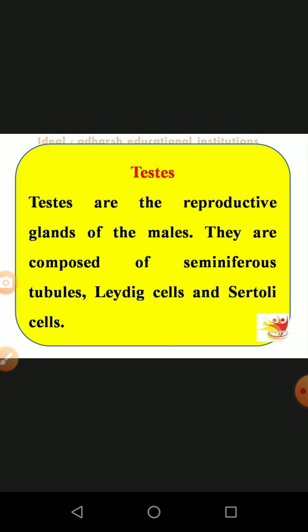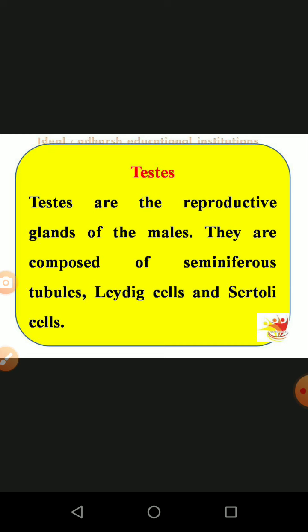The pair of testes is located in the lower abdominal cavity. They are composed of three major parts and one accessory part. The seminiferous tubules are coil-like structures, thread-like, available in each testis. Then the Leydig cells, one of the important cells, produce the hormone, and then the Sertoli cells, which are located in the testes.